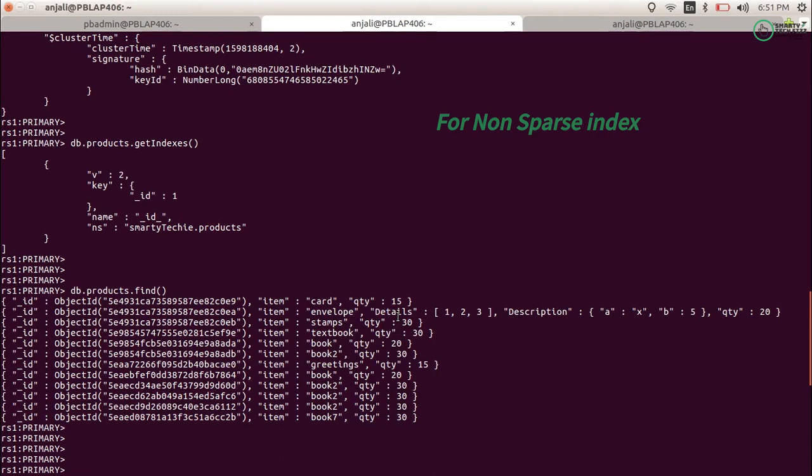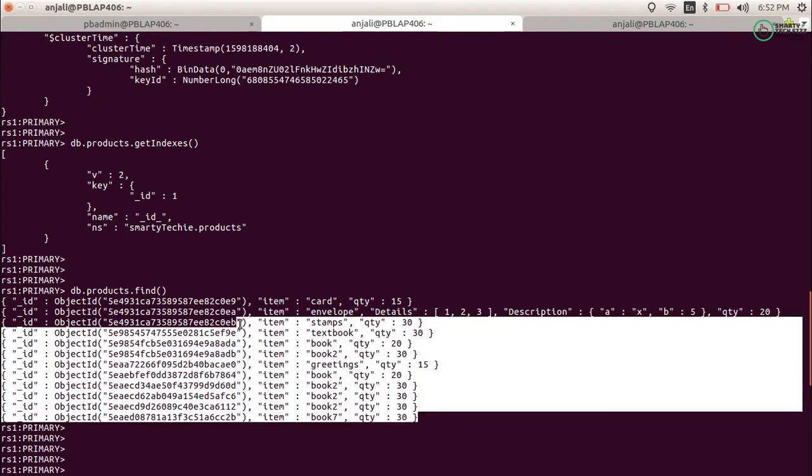So it is obviously very useless for us if we don't want those documents in our index when they don't have this particular field. So while using a sparse index, we will create an index on details using the sparse option, and it will just leave out the other documents from the index which don't have that field.